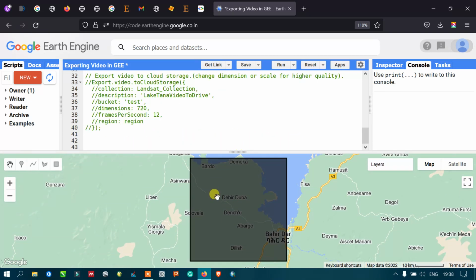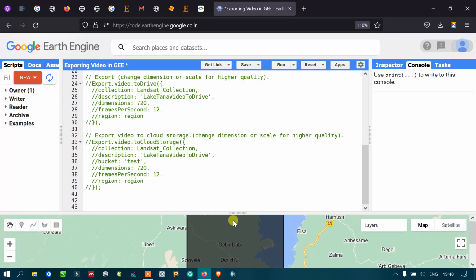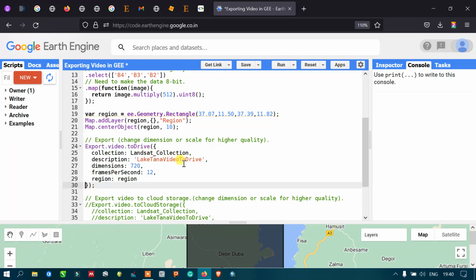So this is our study area. Using this, we're going to create the image time series video. Now, to export our time series video to our Google Drive, we have defined